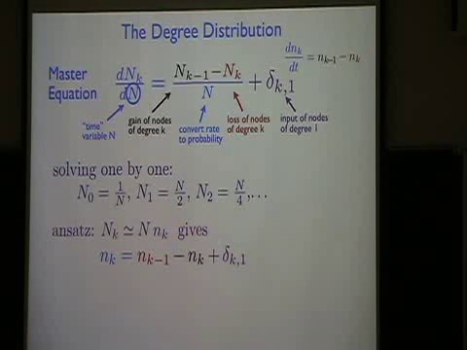Yes? So what about loops? Loops is a completely different matter. If you want to do loops, that's a little bit harder, and I'm not going to discuss this here because I'm only dealing with the random recursive tree. One thing I will say is that if you allow, for example, a new node to join to several nodes at once, 7 or 10 nodes or 3 nodes, then you can develop closed loops. In terms of the degree distribution, my belief is that it does not affect the degree distribution.